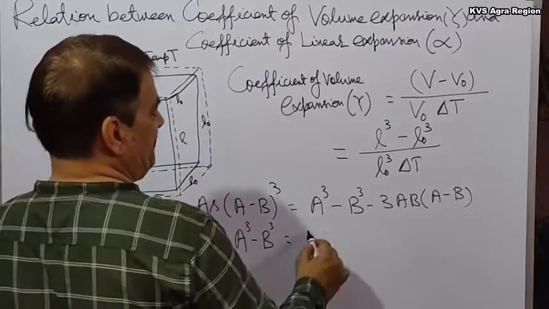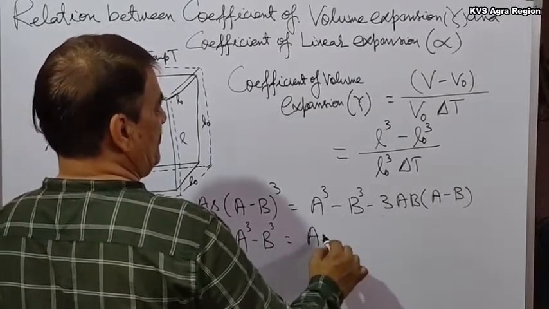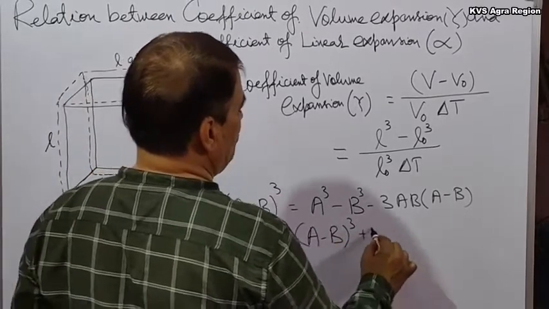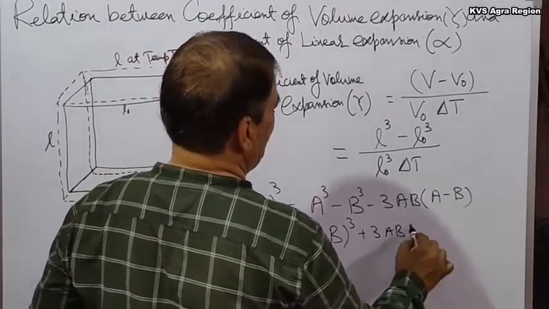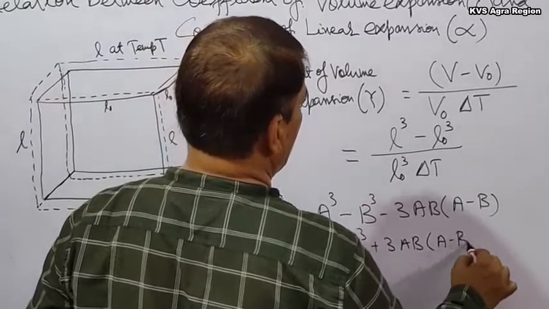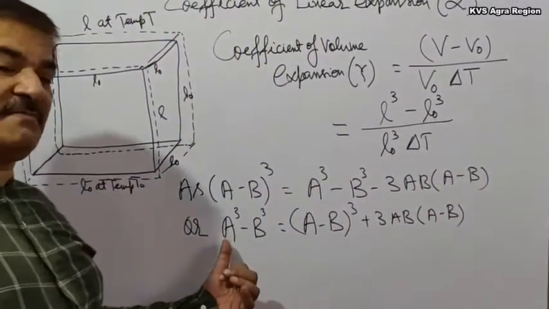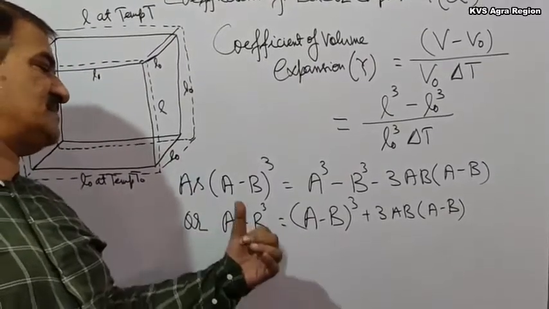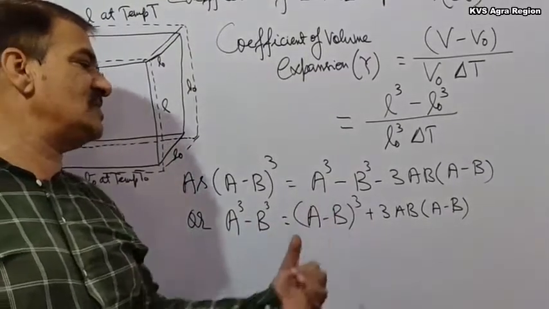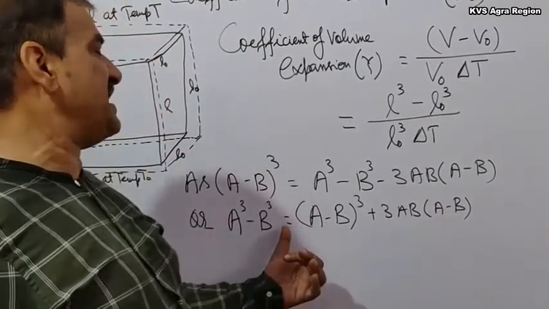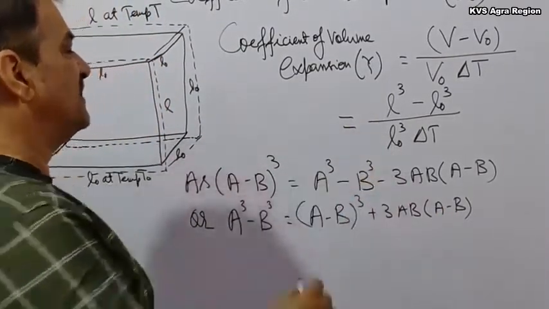We will have A minus B whole cube plus 3AB (A minus B). So we have this relation: A cube minus B cube is equivalent to A minus B whole cube plus 3AB (A minus B). Applying this relation here,